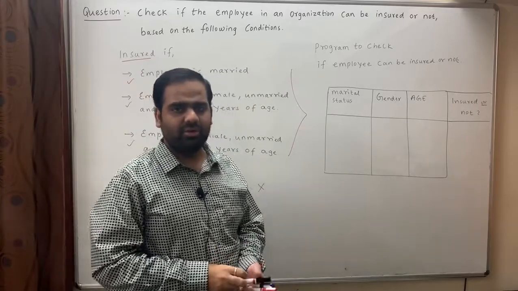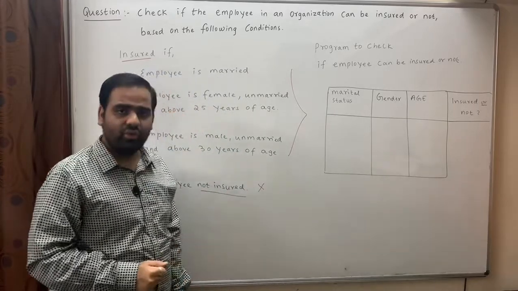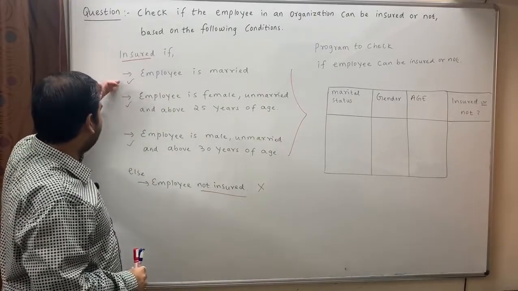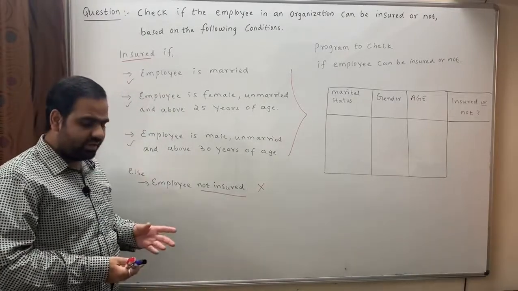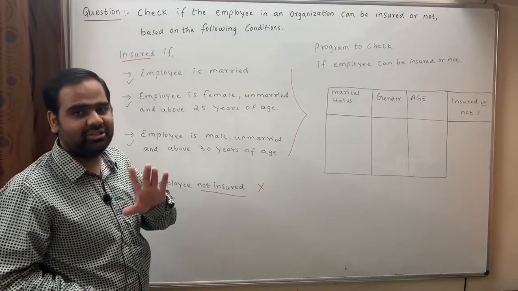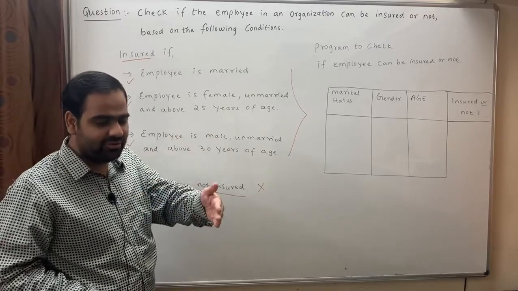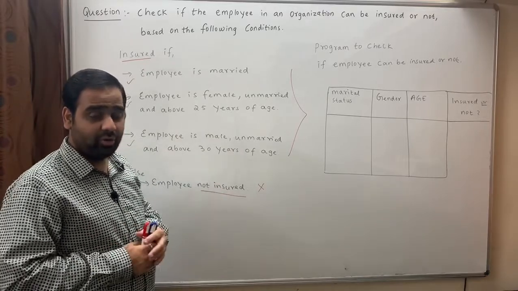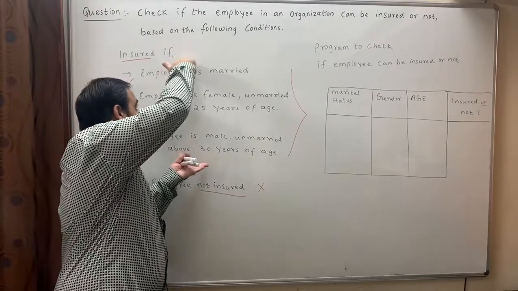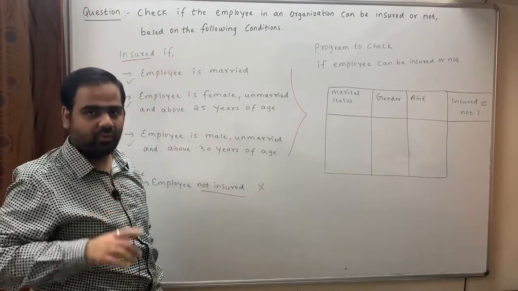Now coming to the question why we need the ELSEF ladder over here. Because there are three conditions, out of those three conditions, if any one condition is true, will you go and evaluate the next condition? No, we are going to stop. That means out of n conditions, we are selecting one condition.